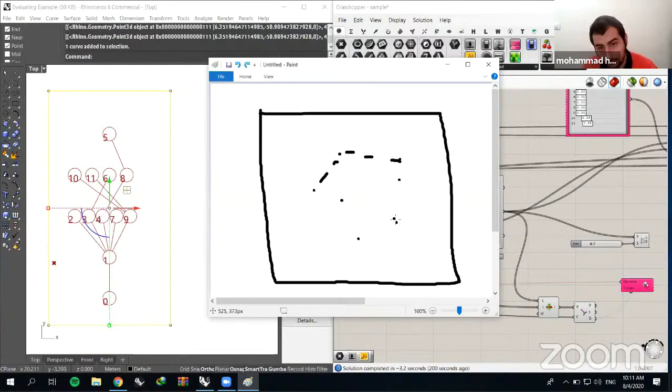The way you can control this separation within the boundary is to use the controller point, which gives you the opportunity to control the whole point separation within